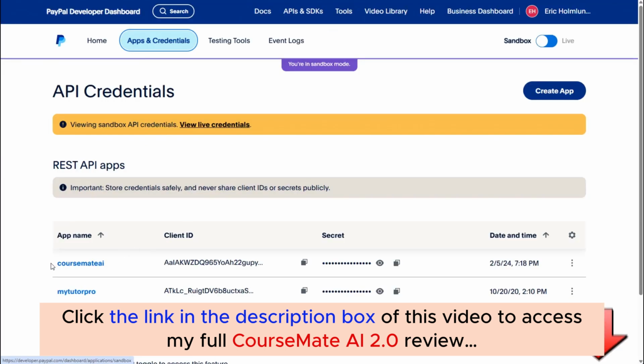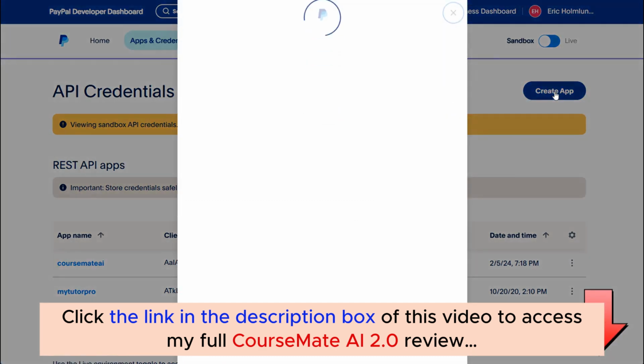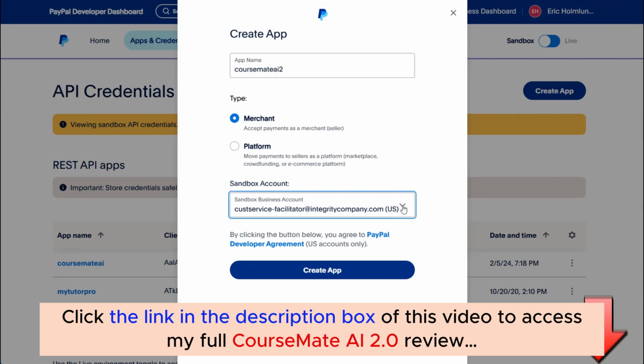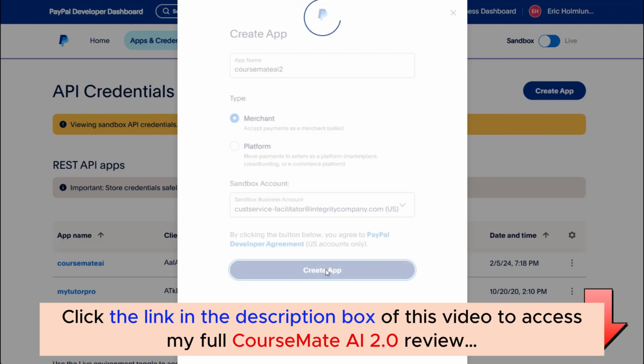And I created one for the previous version of CourseMate AI. I'm going to go ahead and create another one for this demo. So just click Create App. We'll call this one CourseMate AI 2, and if you haven't yet set up a sandbox account here in the developer area, you'll just need to do that. Very easy, just confirm your email address. We're going to click Create App,